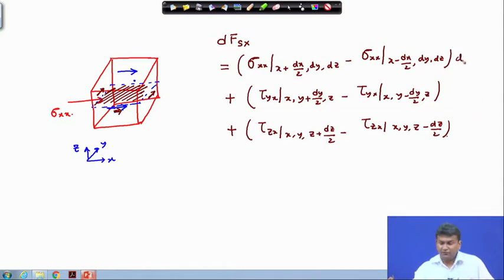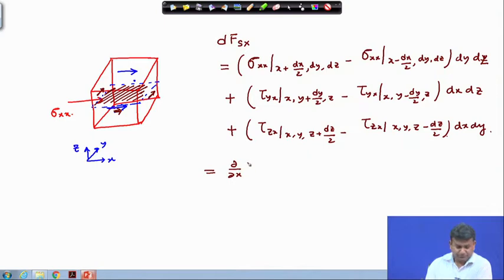So, this of course, you need to multiply with the cross sectional areas, and therefore, the total stress tantamounts to be